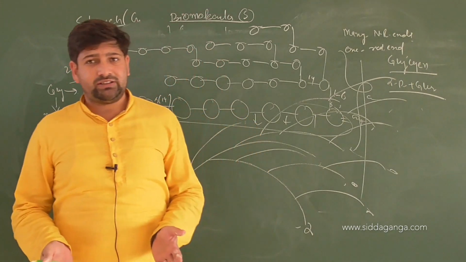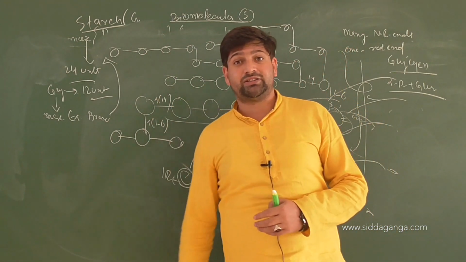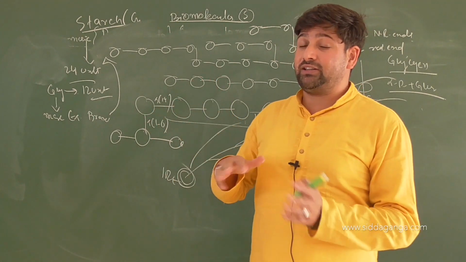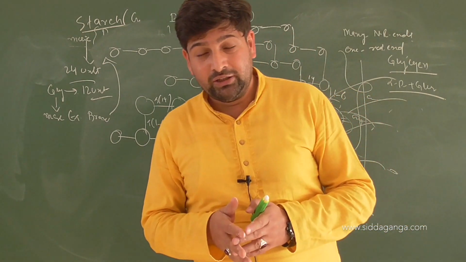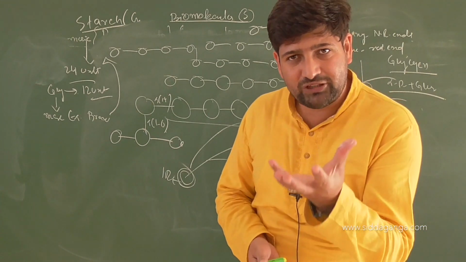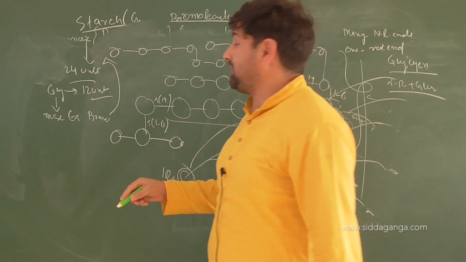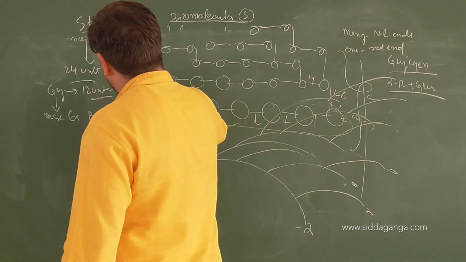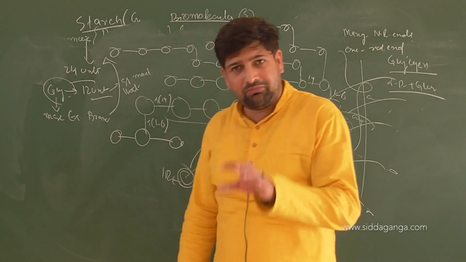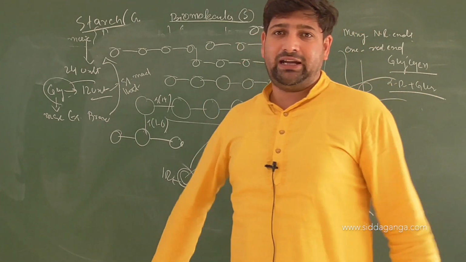Clear or not? I told you the reason: starch acts as a store of energy, a store of food, in the plant itself. But glycogen is in the animal body, human bodies, which are very limited. So the amount of energy you need to store is high in a very limited space. That can only be done with more branching of the glycogen. So this is technically a structural modification that helps glycogen within the same region to occupy more glucose, which can be easily released when the need arises in the body.